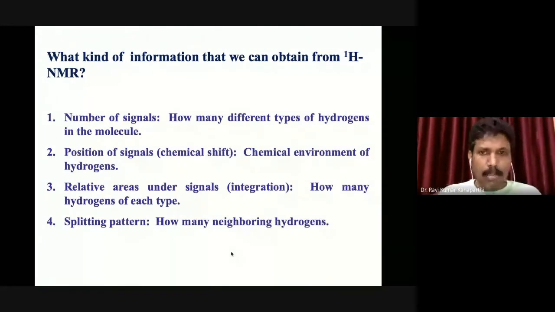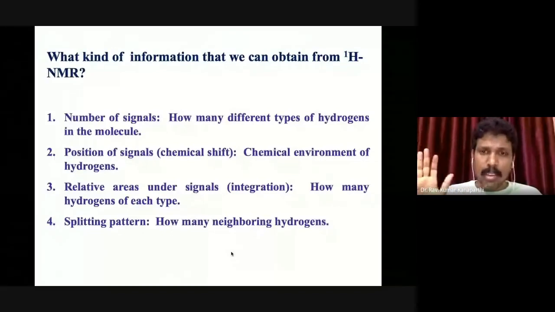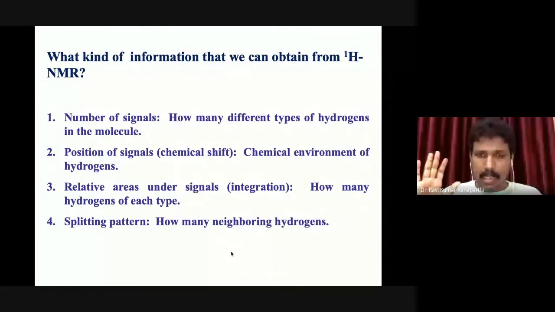So this particular point, this integration, is usually valid for proton, but with regard to carbon, this analysis has some limitations, which I will discuss when we discuss carbon-13 NMR. But remember, one can easily do this integration process for the proton, but not always for carbon-13 NMR. There are a few limitations. So the integration will give you the total number of hydrogens present in a given molecule.